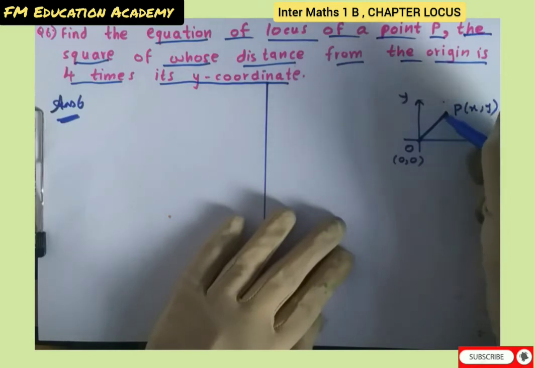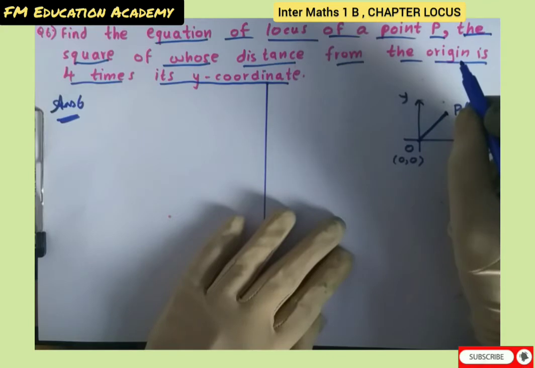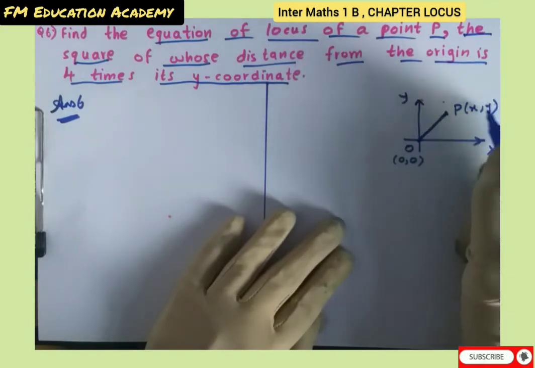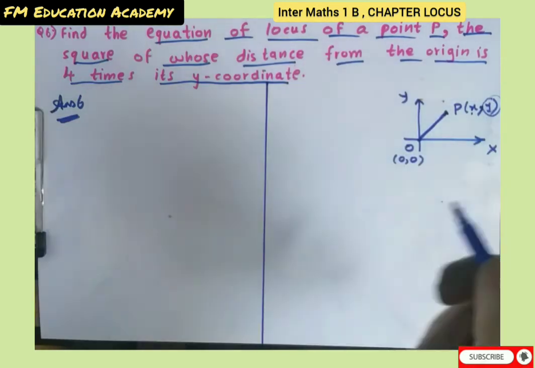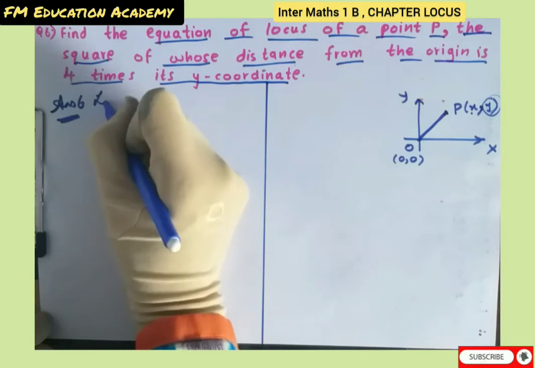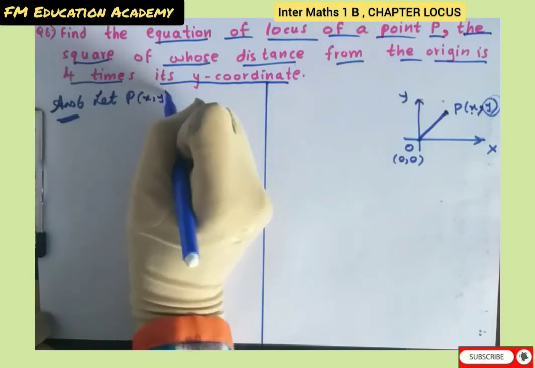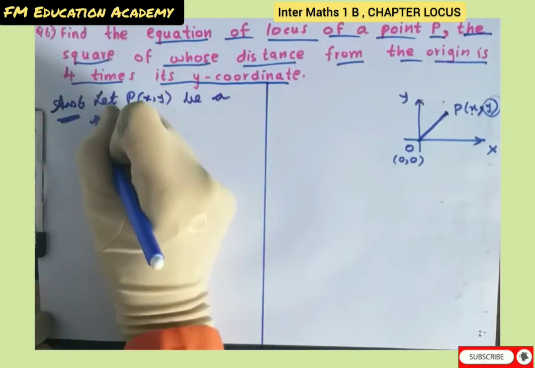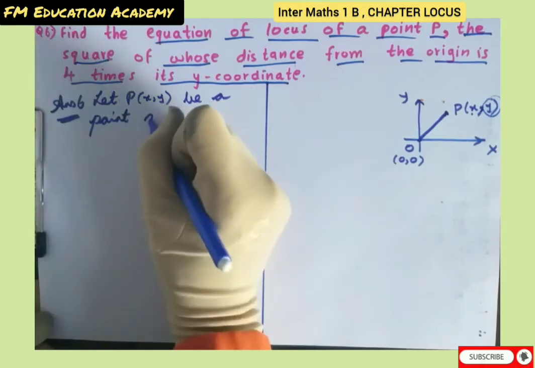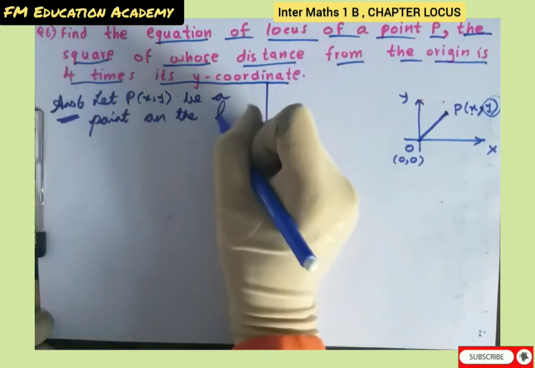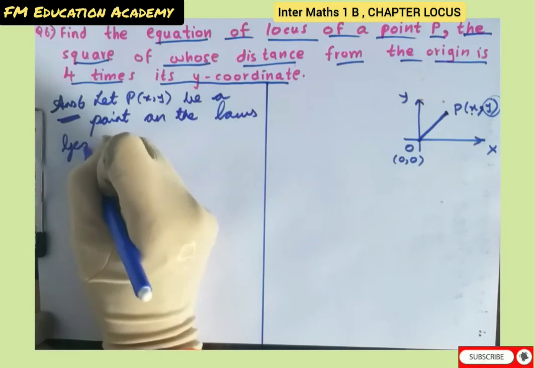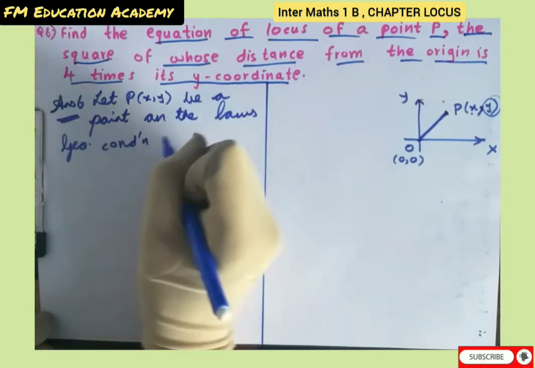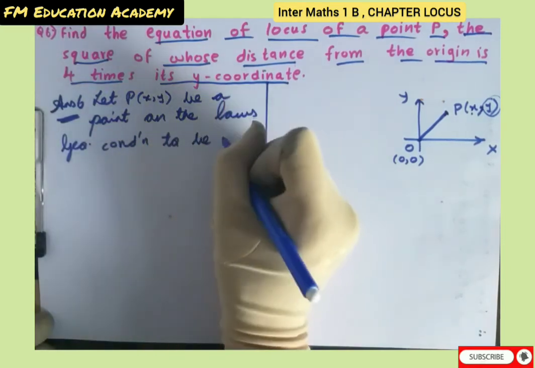The square of this OP is nothing but 4 times the y coordinate. We know this is known as x coordinate, this is known as y coordinate. So first we will assume let P x, y be a point on the locus. The geometrical condition to be satisfied by P is